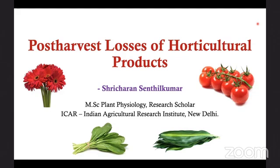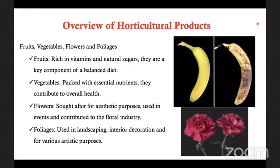So to begin with the presentation today, horticultural products has fruits, vegetables, flowers, and foliages. Fruits are rich in vitamins, sugars, and they're also a key component of a balanced diet. Coming to vegetables, they are rich in essential nutrients and also contribute to the overall health. So we take it daily in our diet. Next part is the flowers and the foliages. Both the flowers and foliages are used for the purposes in the floral industry, landscaping, as well as for